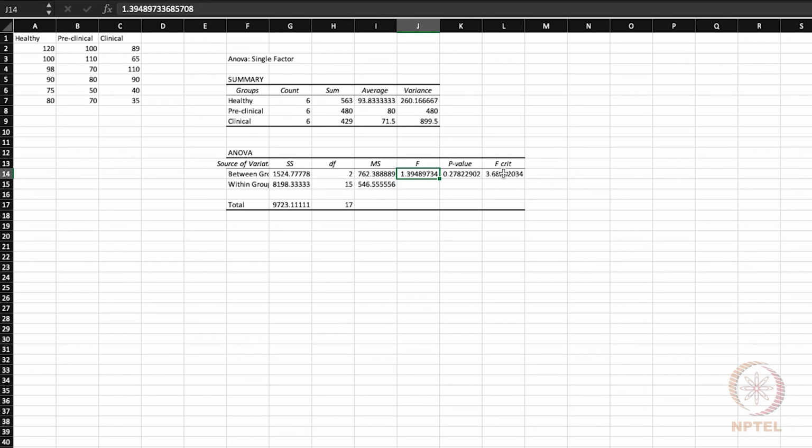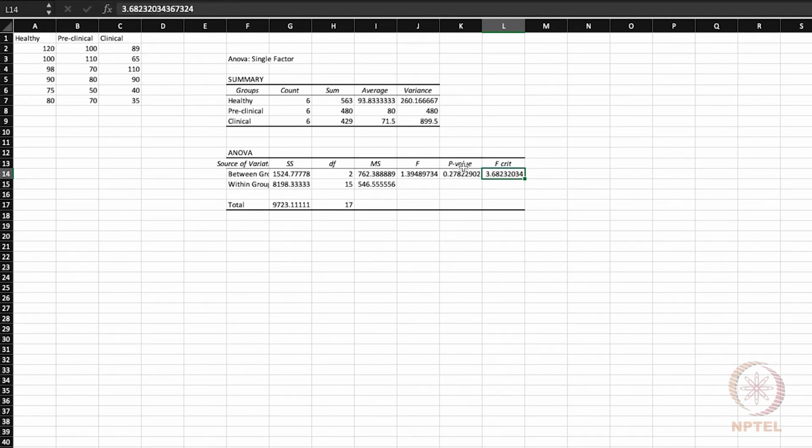The ANOVA table also lists the F critical value for this data set, which will be listed at the 95% confidence level or 5% significance level, which is what we chose during our calculations. And based on 2 and 15 degrees of freedom, this F critical value turns out to be 3.68.